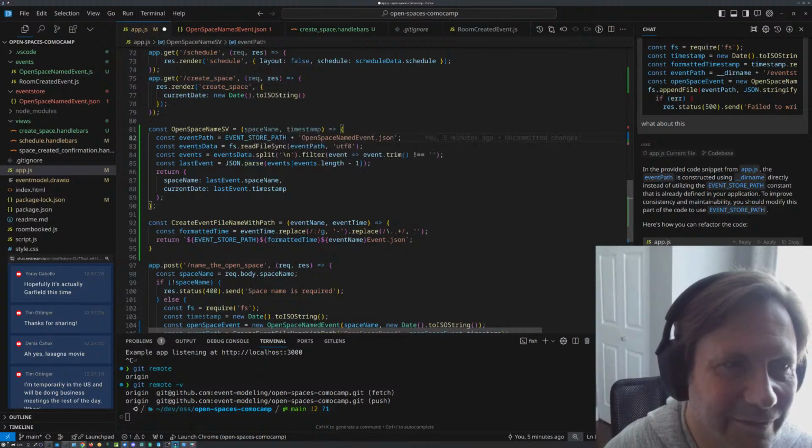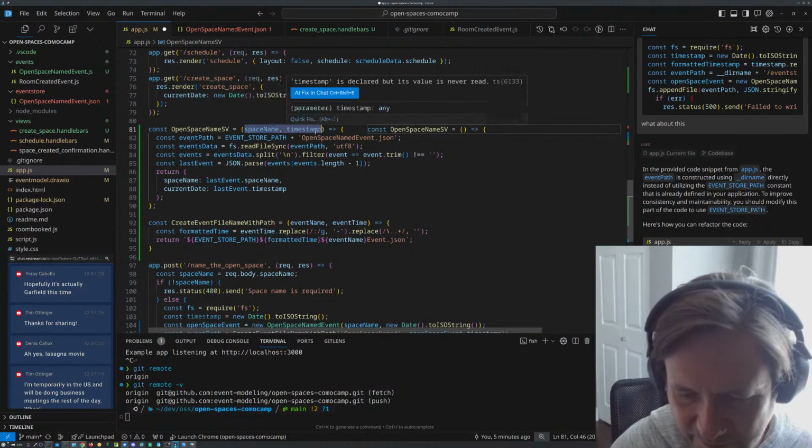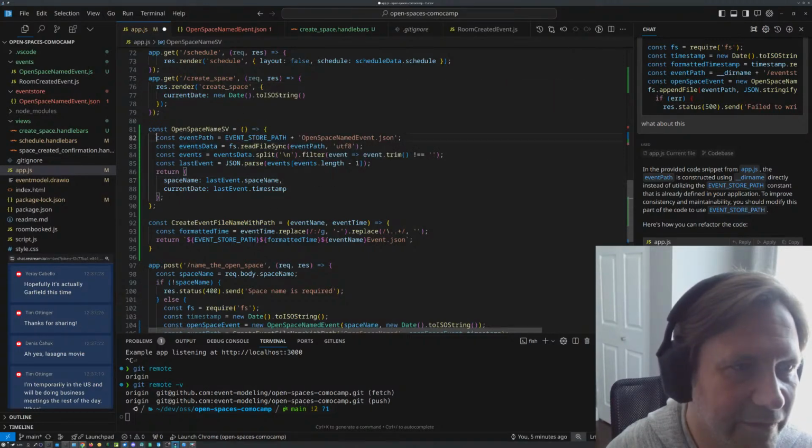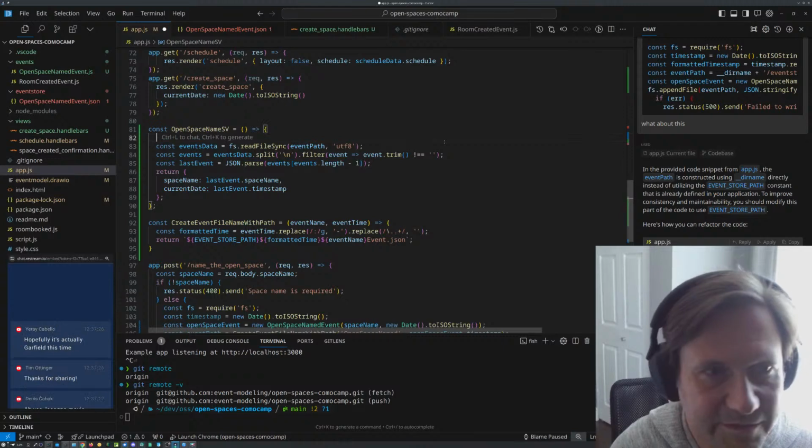So now we don't have these, so we don't need that. Event store path, we don't need that because we know what that is in a const.